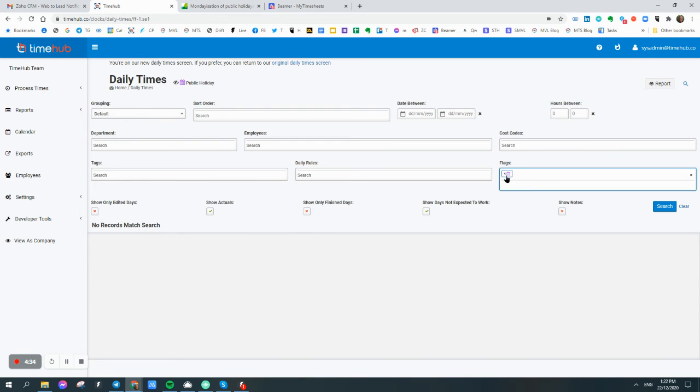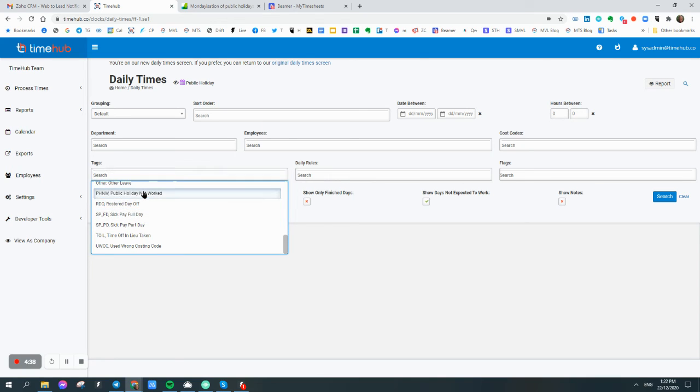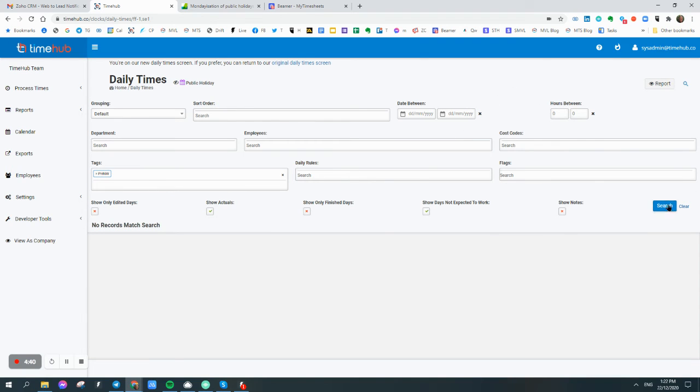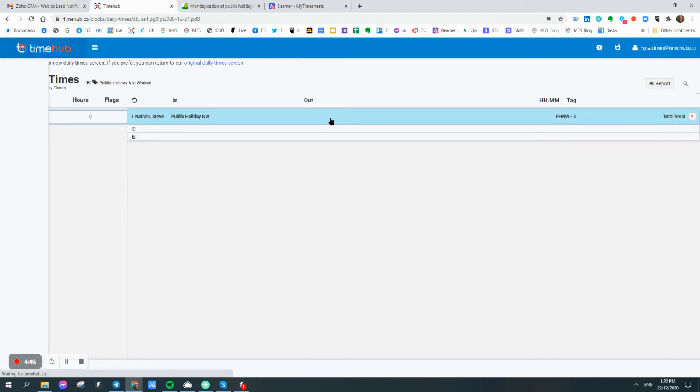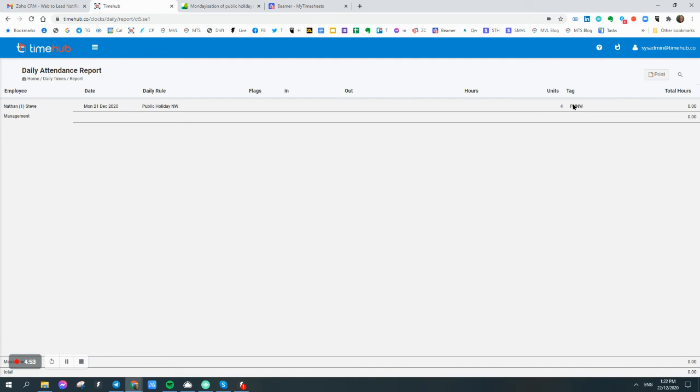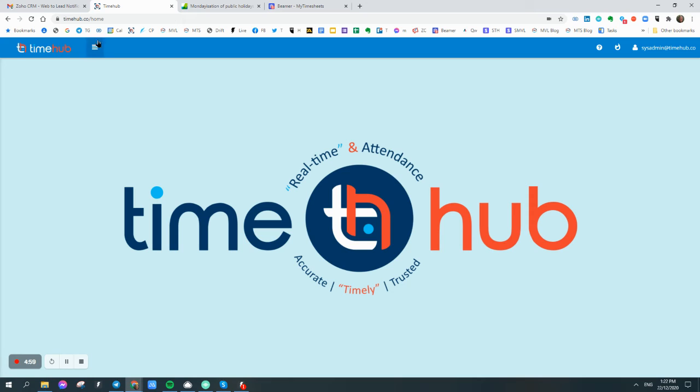Now if I do it a different way and I come in and look for my tags for public holiday not worked, and I run that report, I should get one person coming up in a second. So there, in that week, I've got one person who's been paid. So then you can print this report out and cross-check it in a report form to see what everyone's being paid. So the best bet is just to do the flag symbol,